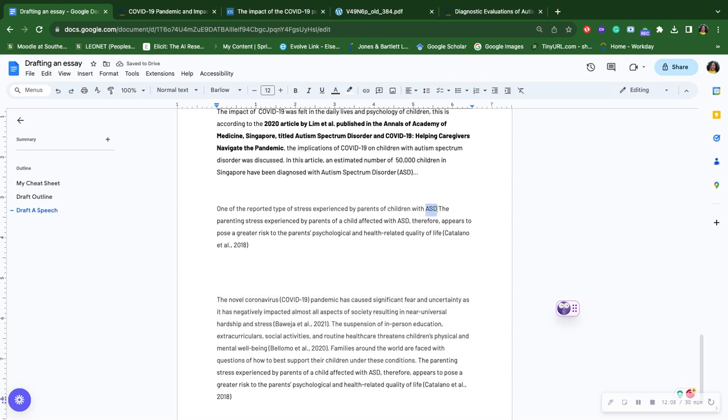I can say ASD rather than spelling out autism spectrum disorder, because it has already been spelled out here. So I don't need to spell it out, because I've indicated that ASD stands for autism spectrum disorder. So it's easy to say. One of the reported types of stress experienced by parents of children with ASD include